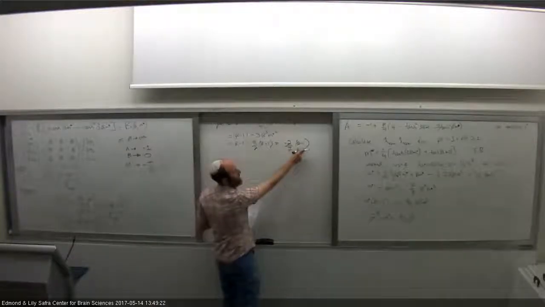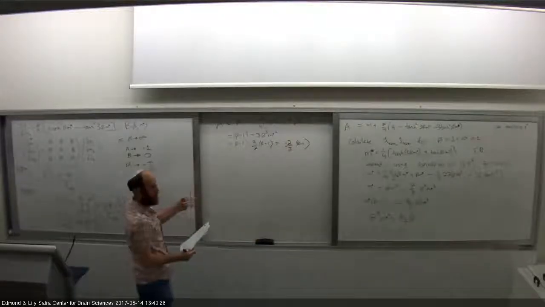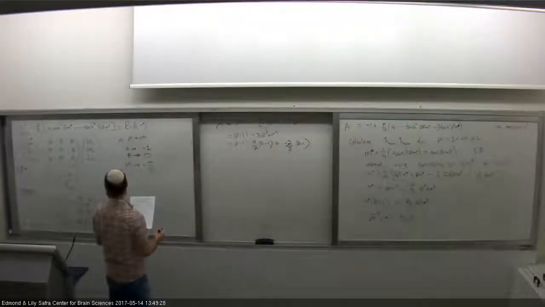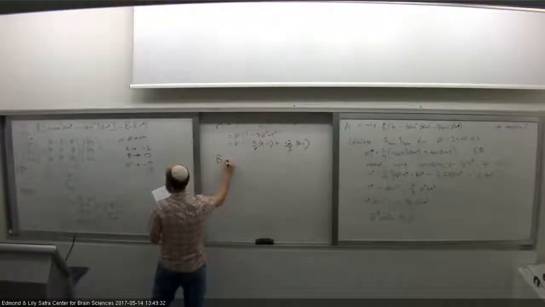So again, that's our small term. So this is the leading order expansion in A when we're in that regime very close to beta equals 1. And now let's do the same thing for B. B gives us